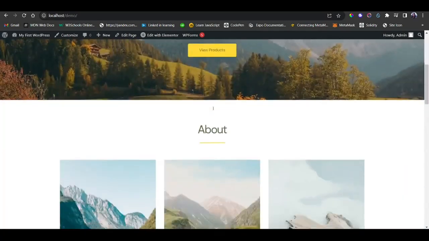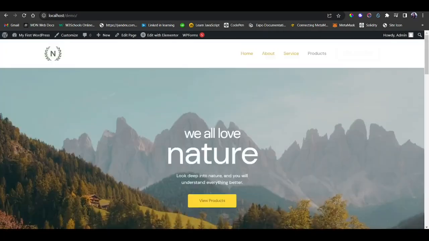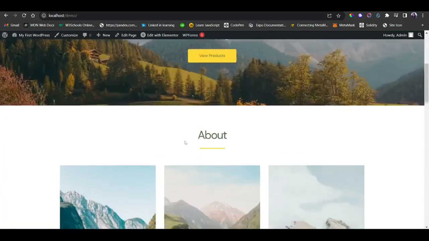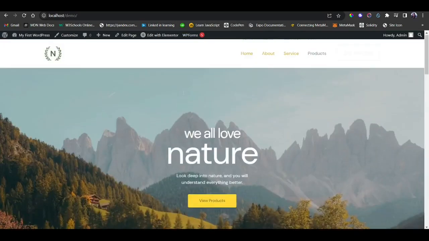As you can see, when I'm scrolling down on this website, the header is moving together with the page, so it's disappearing. So we want to make it sticky, so when I'm scrolling down, the header is still there. What you need to do is click on the Customize tab